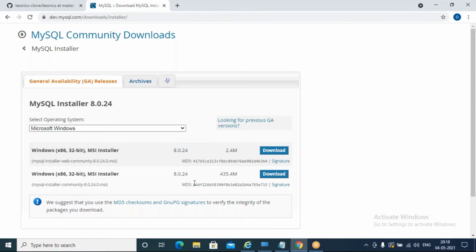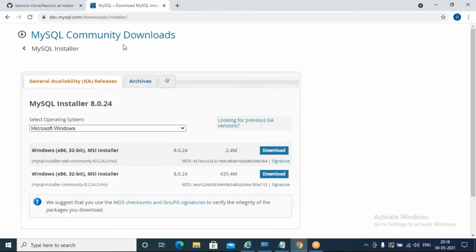Why? Because we are going to get a couple more functionalities compared to the first installation. What I mean is we will be getting MySQL Workbench with the second link when we install. The first link is just an installer that is going to download all the required files from the internet. By default, MySQL provides a command line interface only.